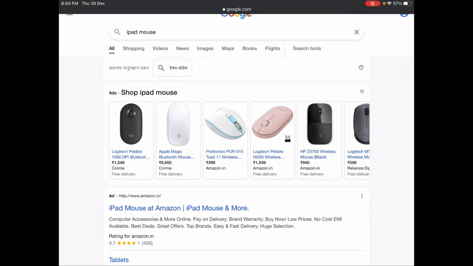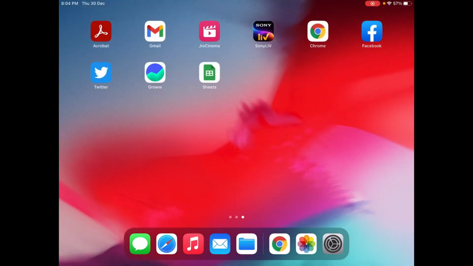But if you want to use your iPad as a whole by touch and want to show your touch points, then there are 2 steps to follow. Now, number 2 and 3 point. First, scroll down from the right hand upper corner and see if there is any button just right side of this blinking red button. If it is present, that is the accessibility shortcut. If it is not present, then you have to set it.